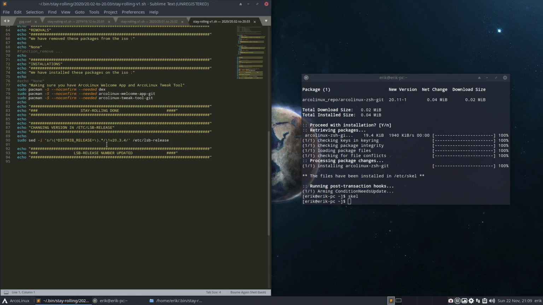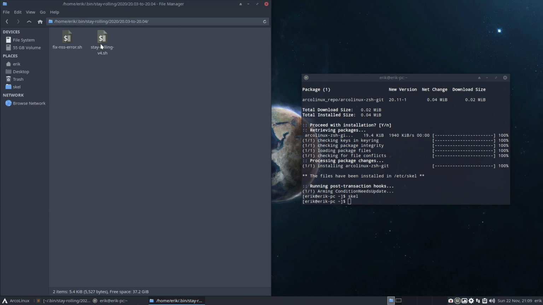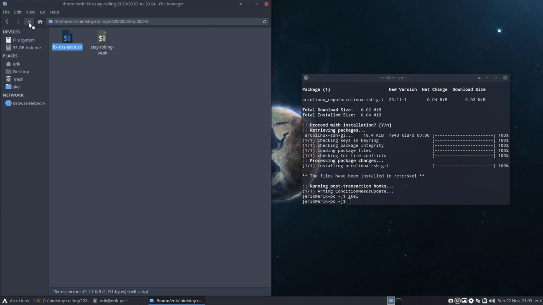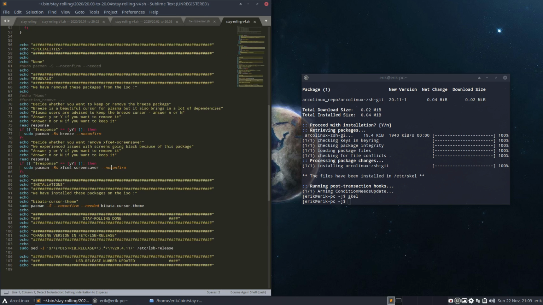And then we go on. We don't need to run these scripts. So again, to make sure that you have the most important packages, again the welcome app, again the tweak tool. Okay, I really want to have this there. This was a one-time thing. People were having issues, and it's documented, I believe, on the ArcoLinux server. But hey, if we are working on 20 SSDs, that's the only thing we needed to do, remove something and install it again, and it was fixed. So it's easier for us to make a script that we can run and rerun on all our